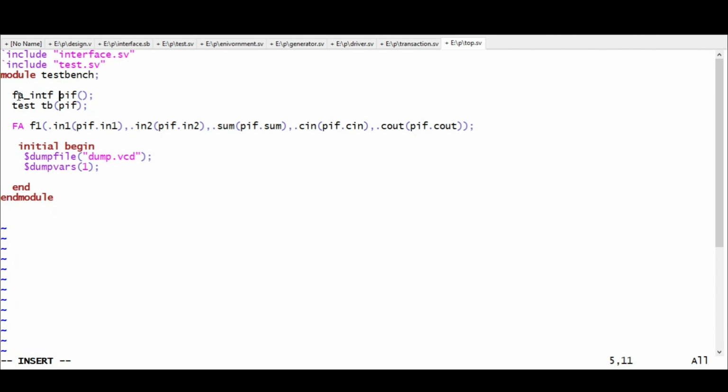This interface is of physical interface type, not virtual. In the top module, module nature is static, right? So you have to physically instantiate it here. That's why we are instantiating a physical interface.